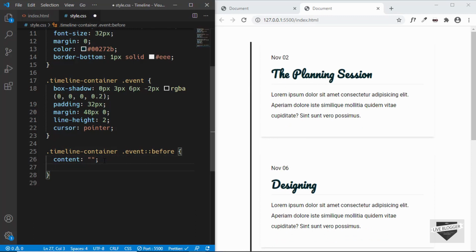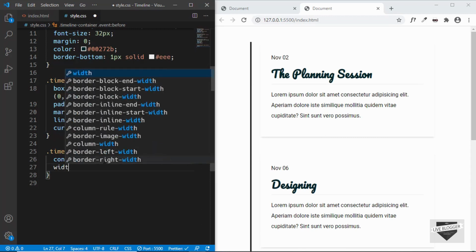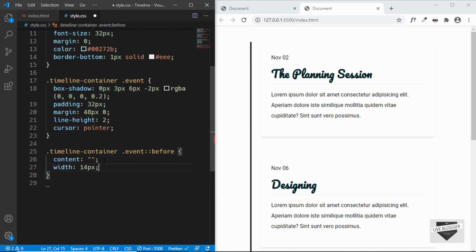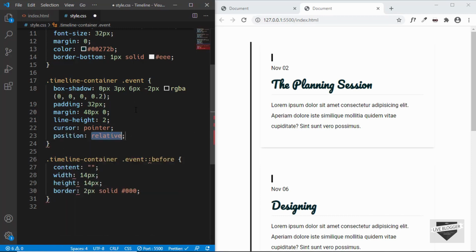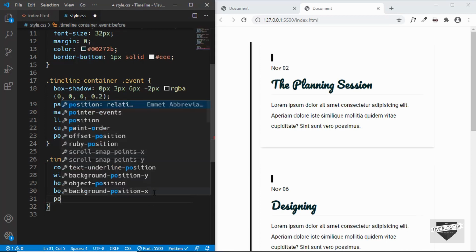So for that, let's go ahead and set the width and the height. So we'll set the width and the height to 14 pixels, and then we'll set a border of 2 pixel solid black. Now we need to set the position of this relative to this event division. So for that, let's go to the event, and here we'll type position relative, and then here we'll set the position to absolute,